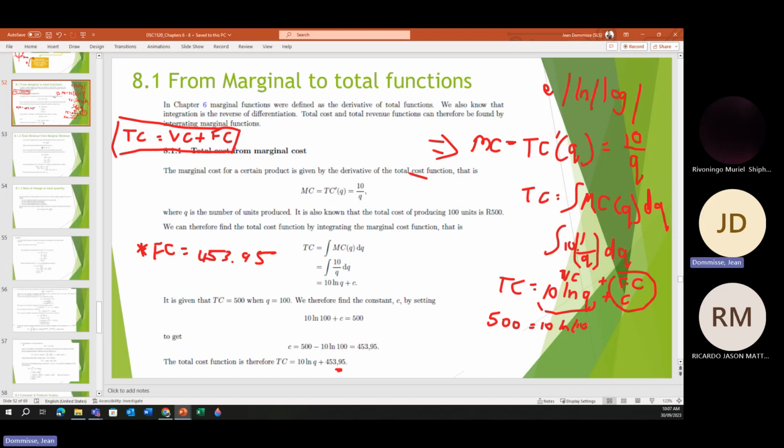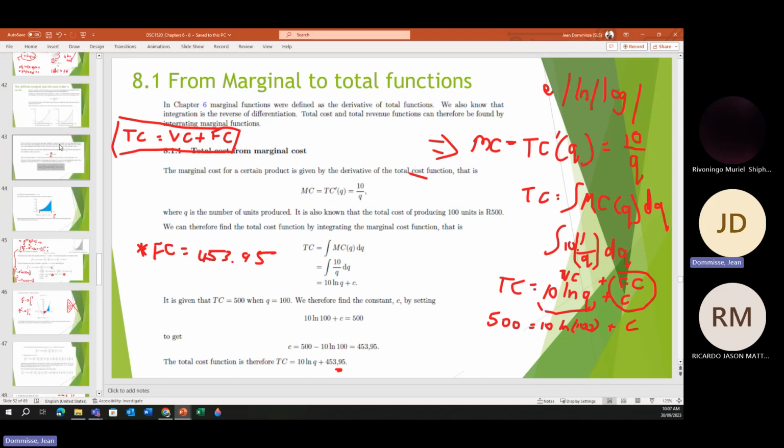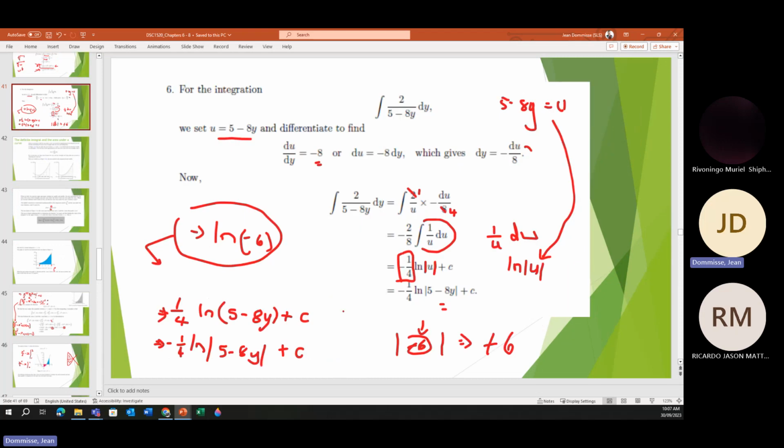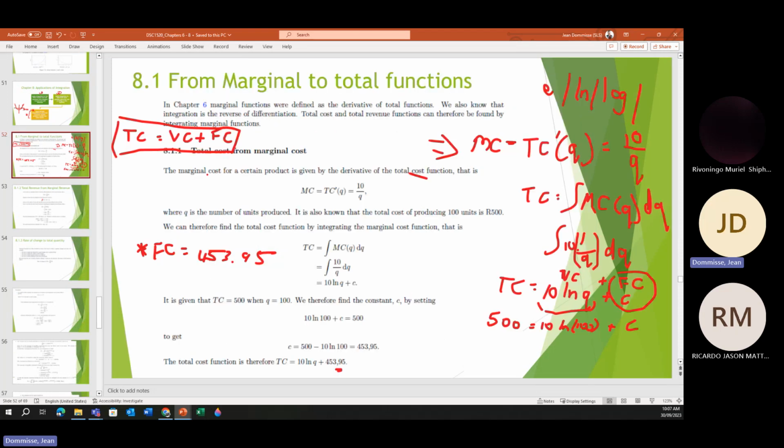So ln of 100. Now you will see what I did here with ln of 100. So again, that previous question, where I went and said it needs to be positive. So when you work with fixed cost and variable cost,